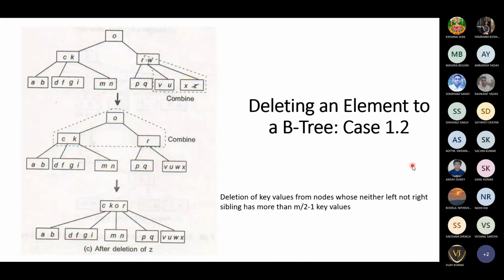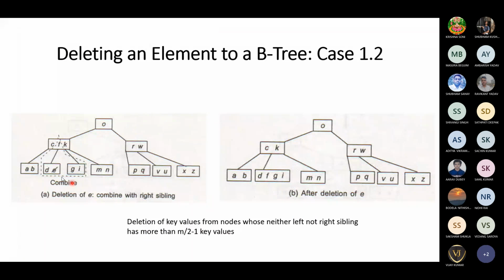Yeah, we'll get to that part. See, you are deleting E. Let us say that we want to delete E. This deletion of E is with the parent node and the immediate right sibling, D. F is the parent node. If you want to come here, it is in between C and F. This node is attached to C and F, correct?